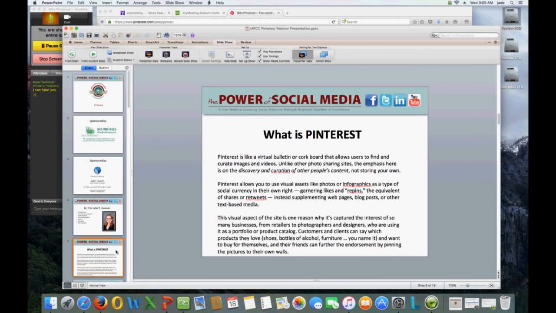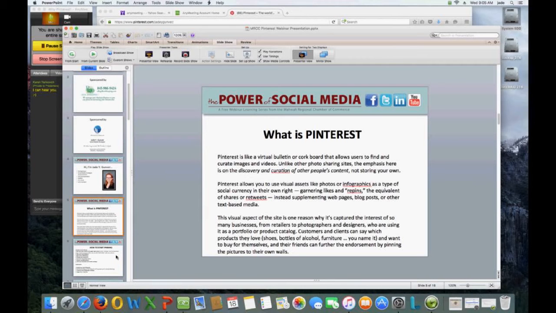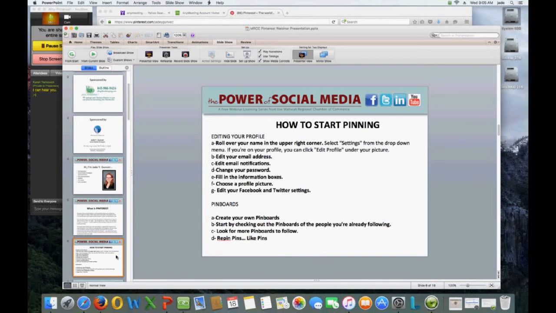You can create boards for the things that interest you. You want to dream of those beautiful vacation spots you want to go to, beautiful shoes you want to purchase. It's so easy. I'm going to go over the facts on that too, just to store them. So when you shop, you just click on them and it takes you to the website. So mainly it's not just storing the photos. That's what's nice about Pinterest. It always has a link, and be sure when you pin, it links to something. So it ends up on your landing page, the page where you're selling your product or your services.